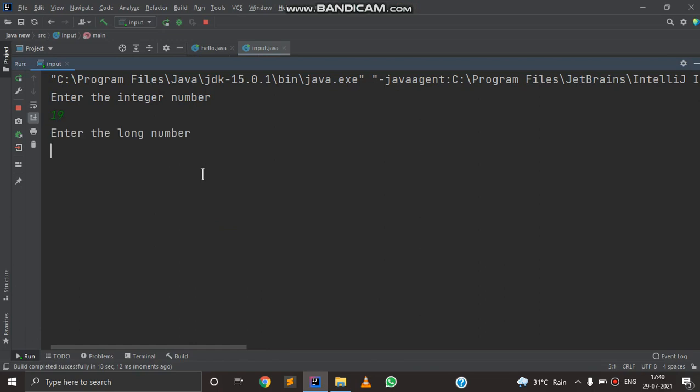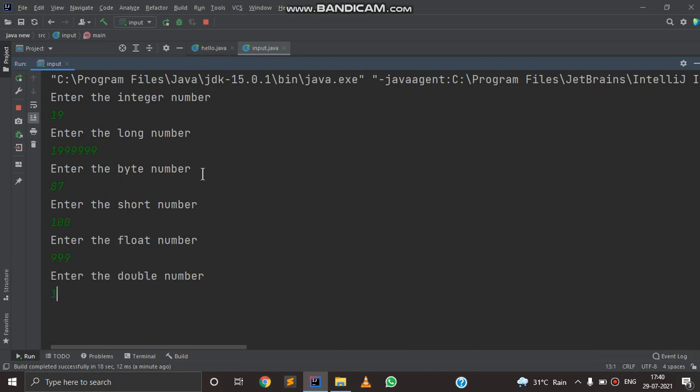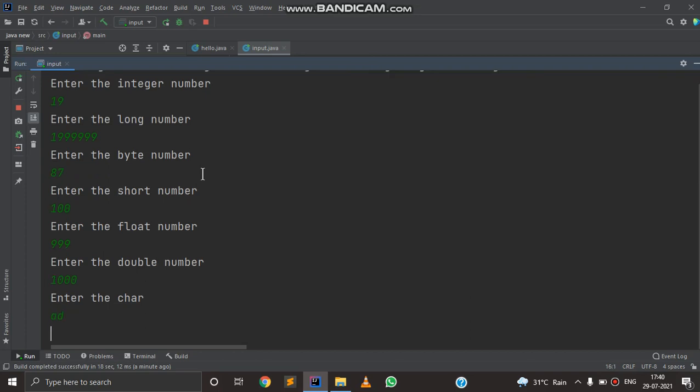Now I'm going to input long number as 19900. Now I'm going to take byte value as 87, short value as 100, float value as 99, double value as 1000, and for character I'm going to write a D.